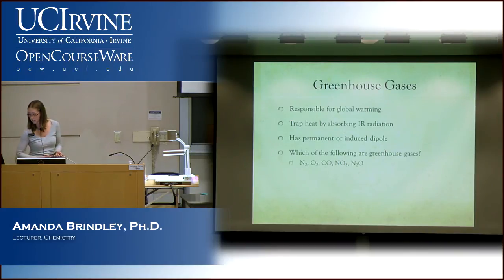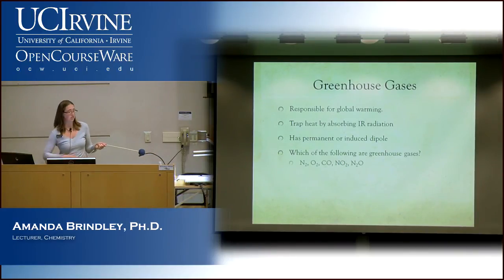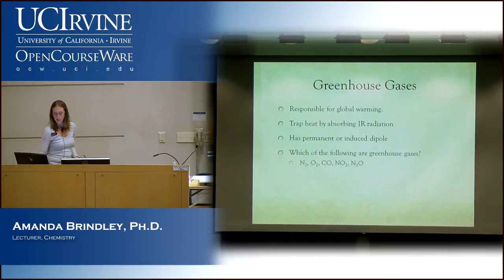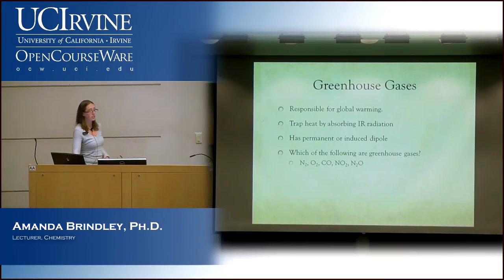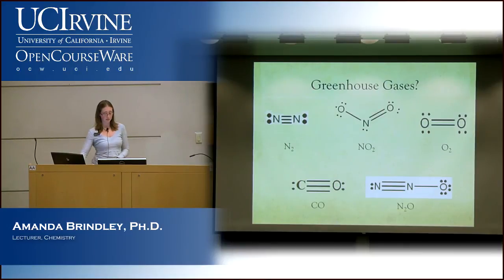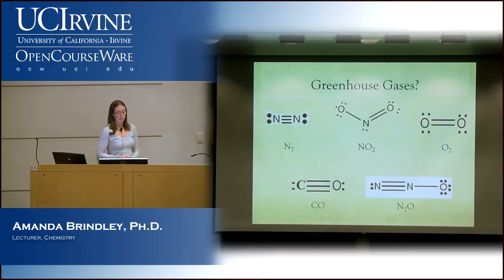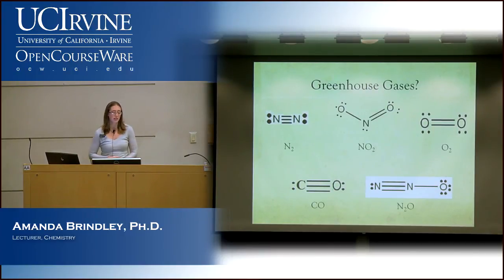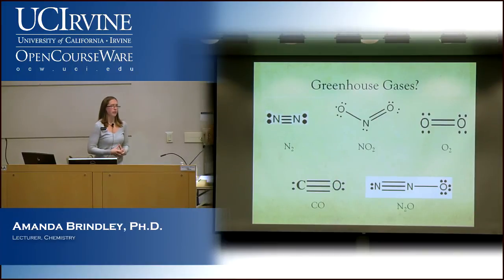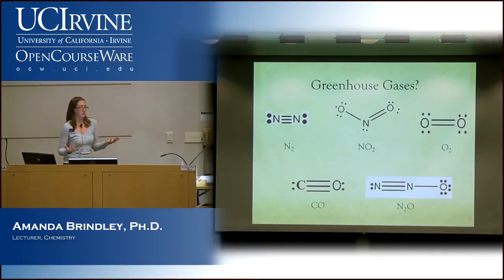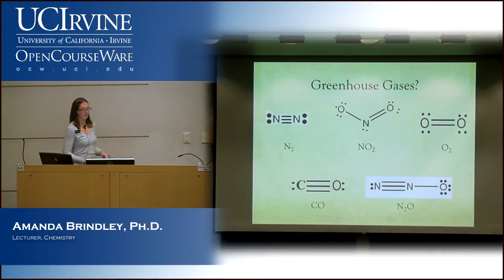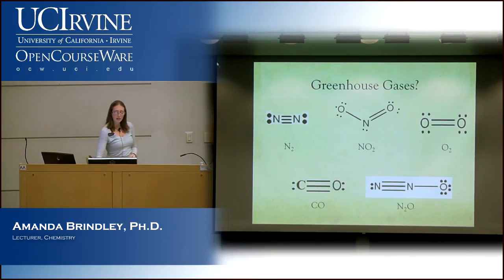A great example of this would be, well, let's just go through some examples and see which ones are going to be a greenhouse gas and which ones aren't. Let's look at N2. First of all, does it have a permanent dipole? No. Is there any way that we can make some sort of dipole there, by bending it or stretching it or something like that? You can't, right? There's only two atoms. You can't change anything about that. So is N2 going to be a greenhouse gas? No. What about NO2?